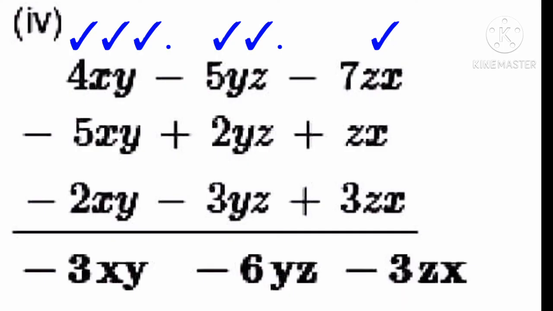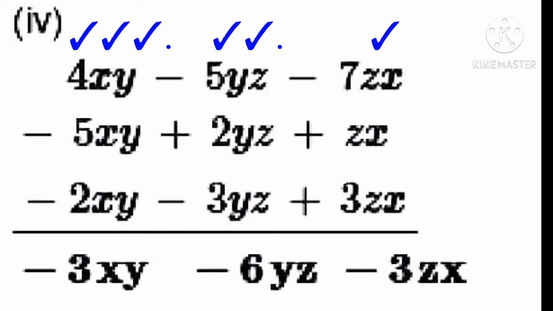Okay. Now see the next question. For the first right hand side column is zx, of the literal zx. So minus 7 plus 1 plus 3. 3 plus 1 is 4. Minus 7 plus 4 is minus 3. So it is minus 3zx. Come to the middle column. It is yz.